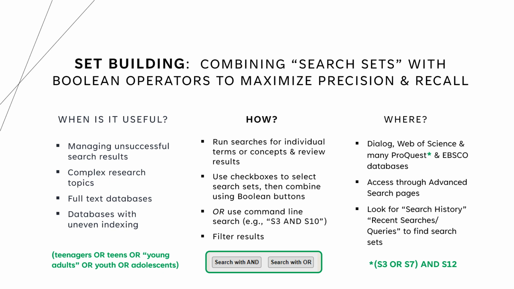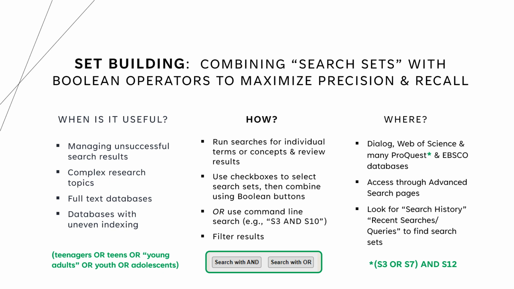Finally, for each combined set, review your results and apply any necessary filters to limit your results by document type, date range, subject, or other useful metric. At this point, you will likely have arrived at search results that either match your research question or provide pearl articles from which you can expand or refine your search. If not, you can continue the process of combining sets and/or modifying search terms and search fields until you find